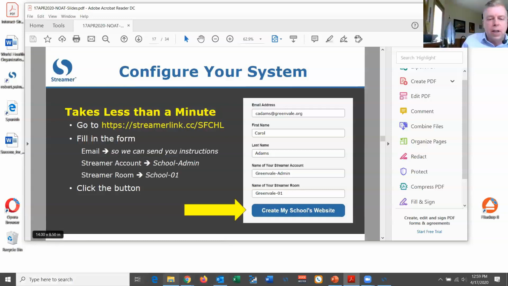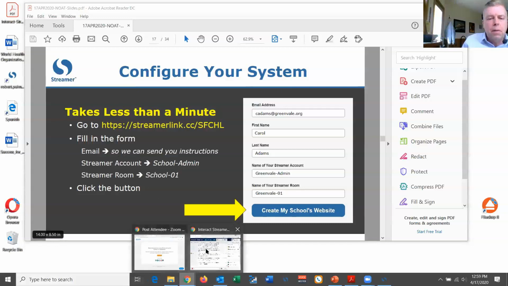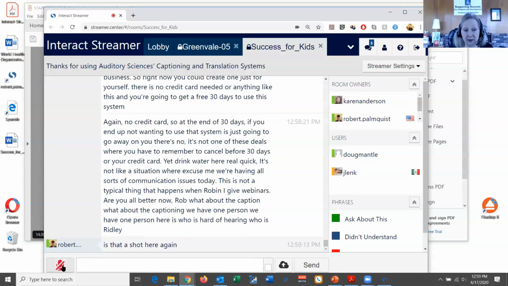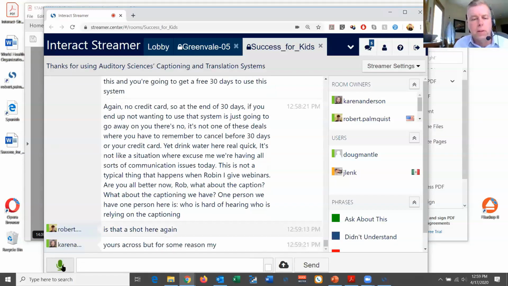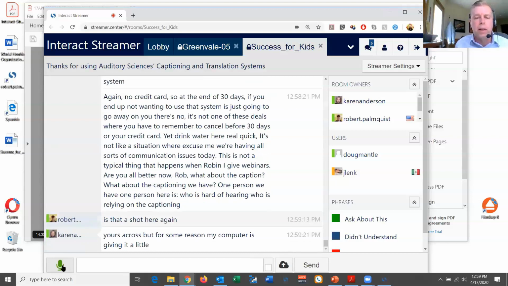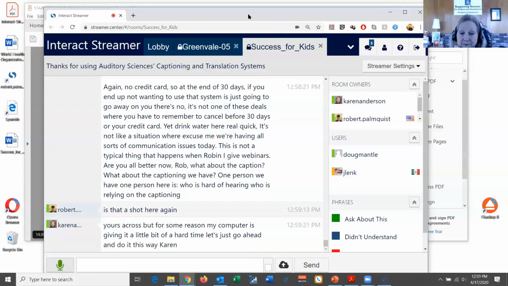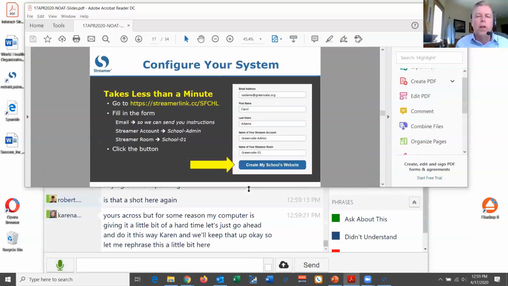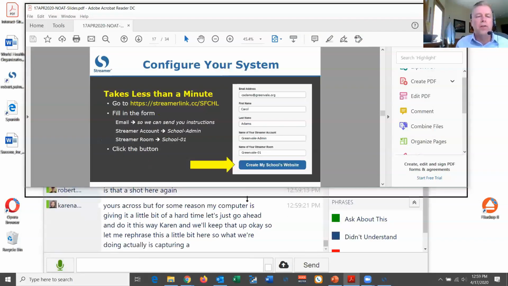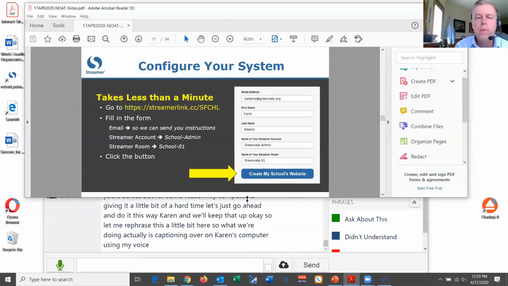Let's give that a shot here again. We have one person here who is hard of hearing, who is relying on the captioning. All right, let's see if we're up on captioning again. We're getting yours across, but for some reason my computer is giving it a little bit of a hard time. So let's just go ahead and do it this way, Karen. Okay, and we'll keep that up. So what we're doing actually is captioning over on Karen's computer using my voice, but that's going to work.